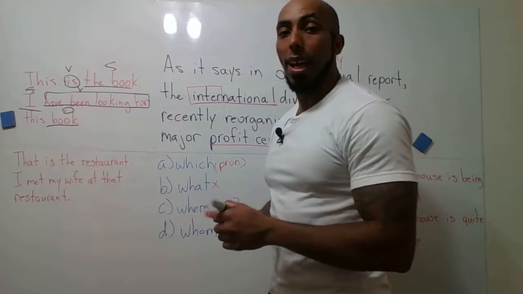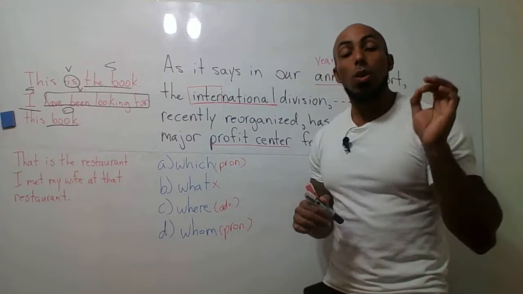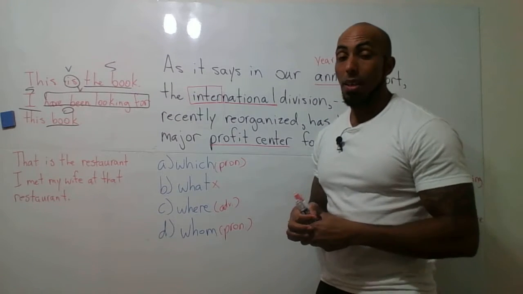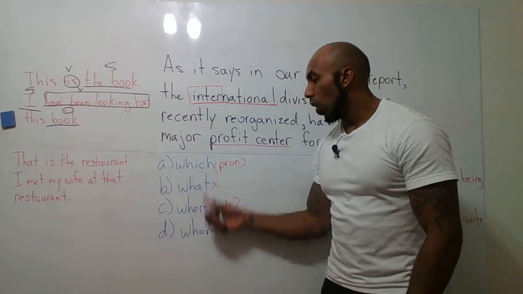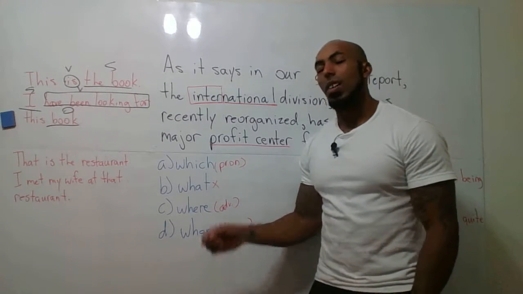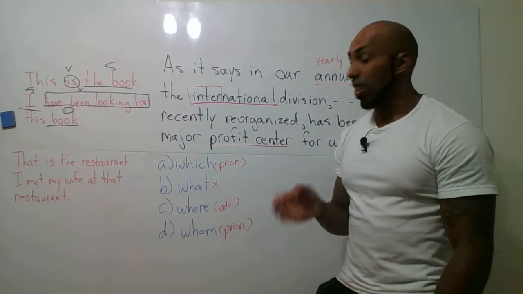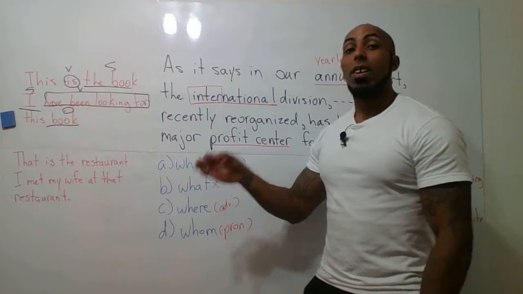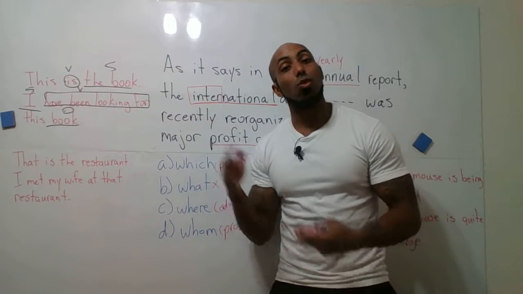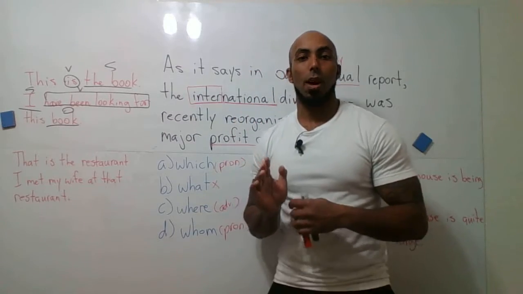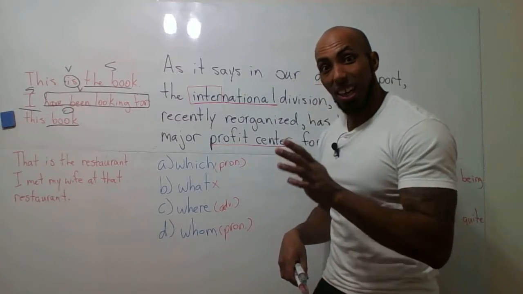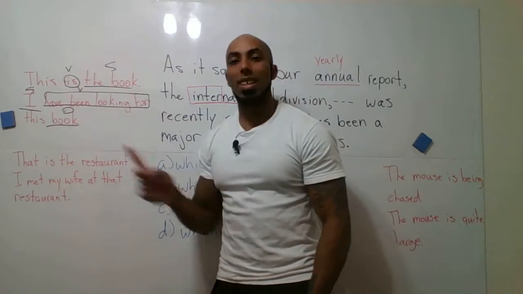Now, we want to combine these two sentences. How will we do that? We would need to use a relative pronoun to do so. Now, which one of these will we use? Which or whom? What's the difference between which and whom? That's a very good question. The answer is which is used when one of the subject or object that you're replacing in the two sentences is an inanimate object, which means that thing is not alive. It's a thing. So what's the thing in our sentence? Book. A book is not alive.